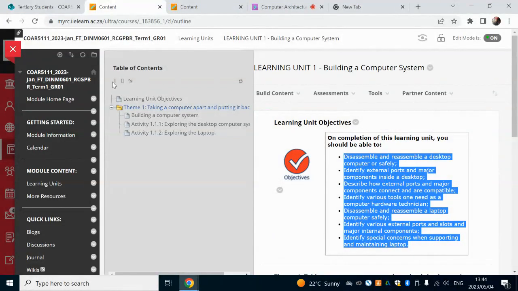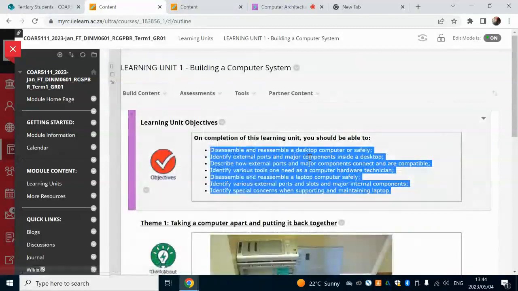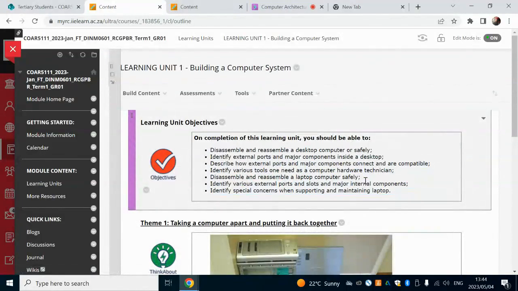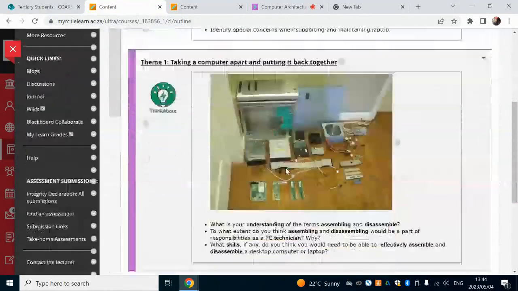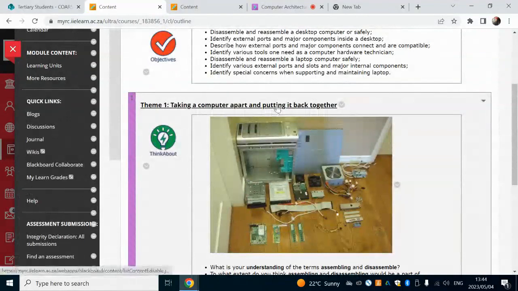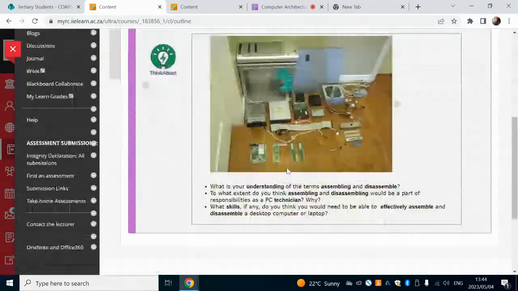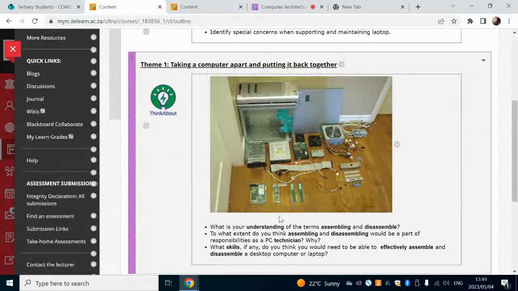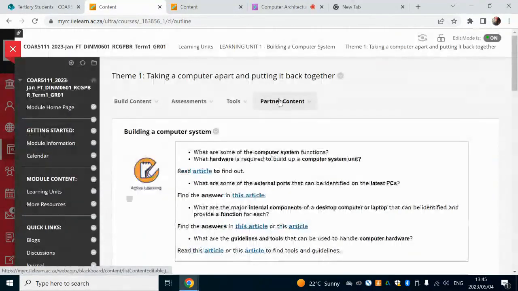Let's make it bigger. So those learning outcomes that we just had a look at in the module outline, there it is here as well. It says there's your learning objectives here. Then theme 1 is taking the computer apart and putting it back together. So then I click on it and then I see, okay, assembly, disassembly, what are the tools that I need to take the computer apart and put it back together. So I click on the learning unit again,